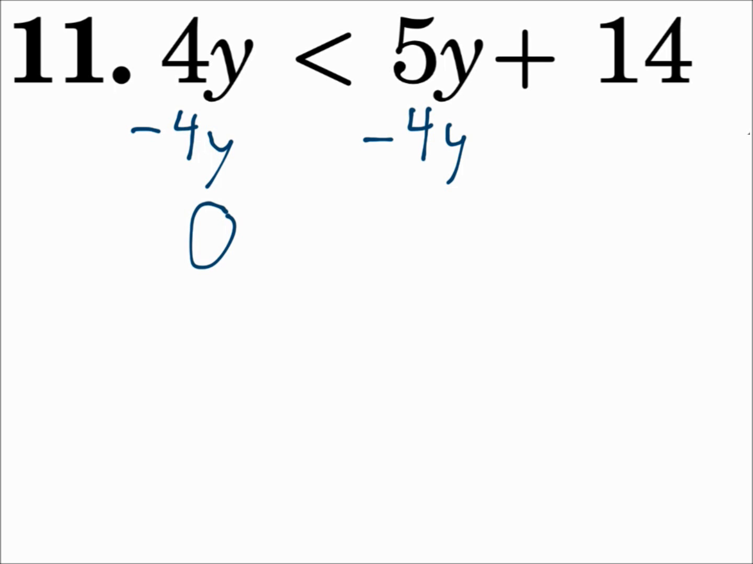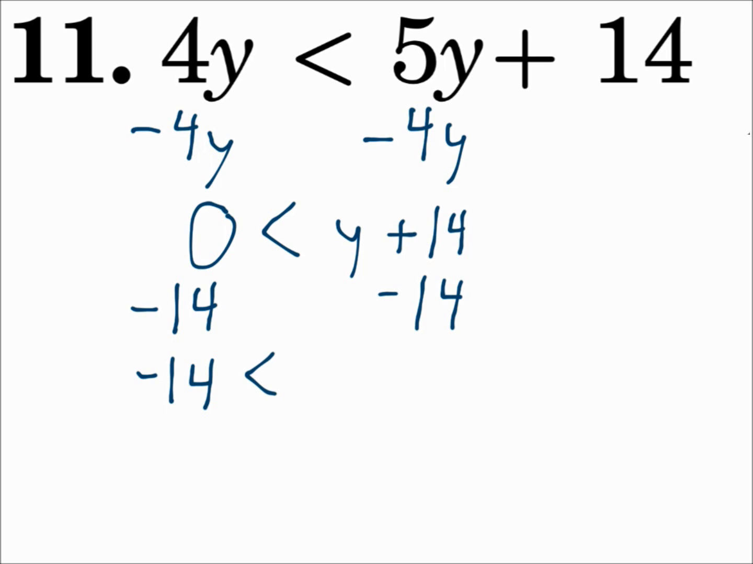4y minus 4y is 0. 5y minus 4y is y, and we still have plus 14. Move the 14. It's being added, so let's subtract it from each side. 0 minus 14 is negative 14, and that's less than y. We need the variable on the left. The less than symbol is open to the y, so make sure that it's open to the y on the